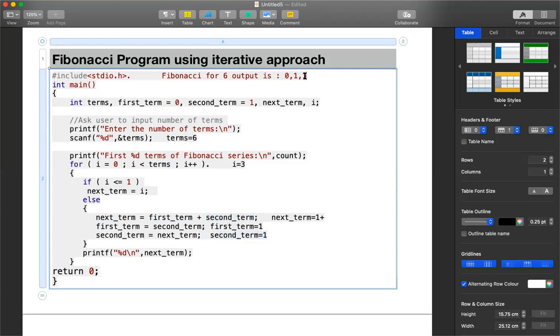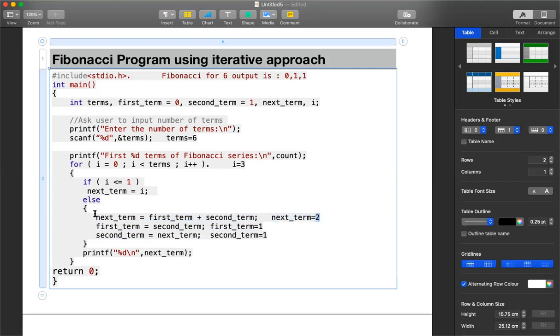That means it is the previous two numbers. So next term will be 1 plus 1. 1 plus 1 means what do you get? You get 2. Okay, you get 2. Now next term is nothing but 2.